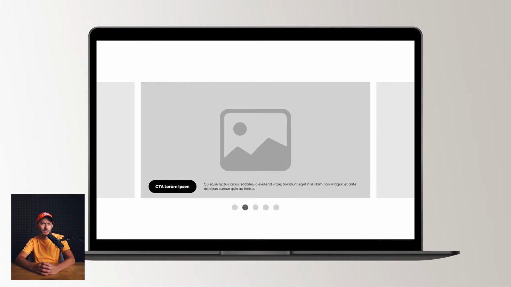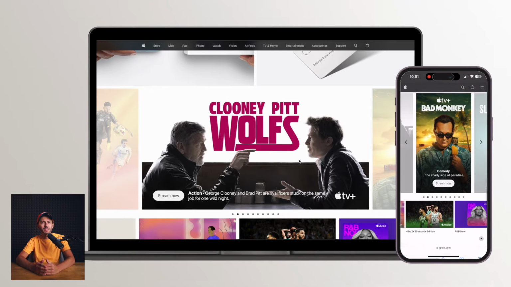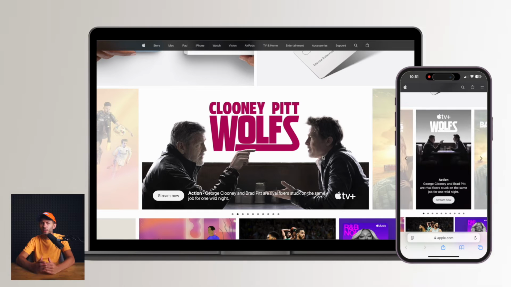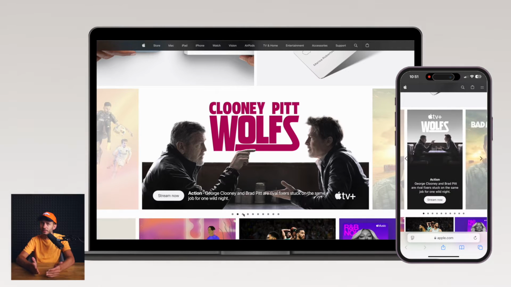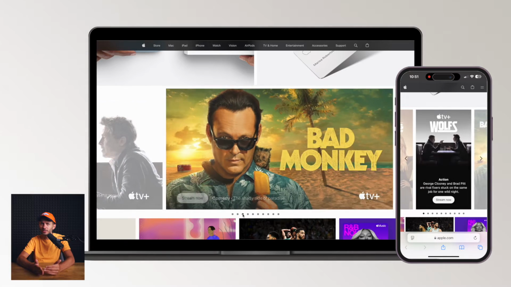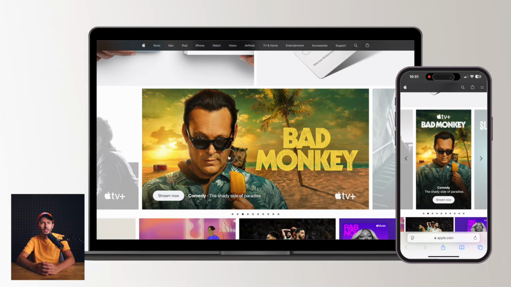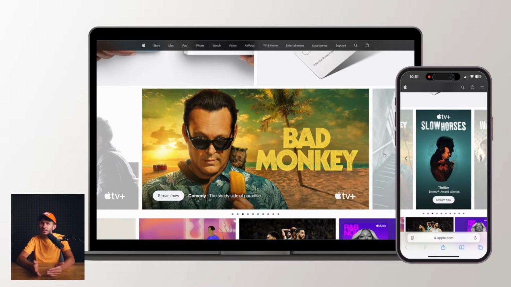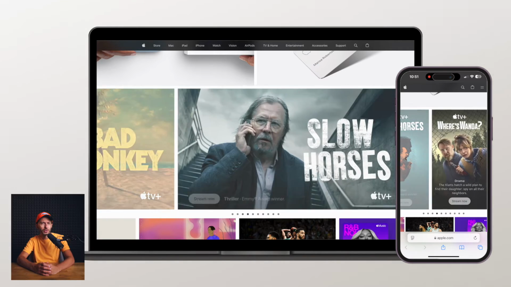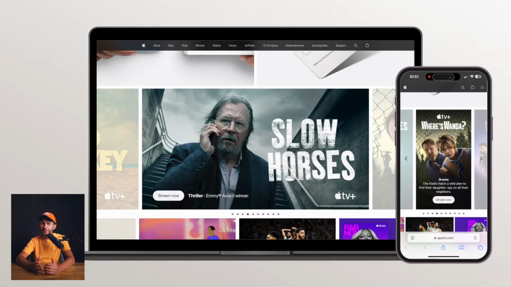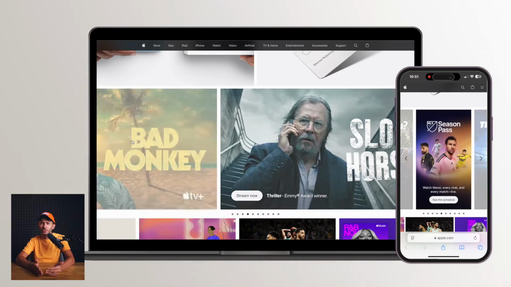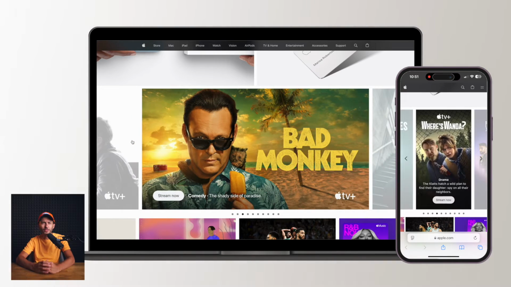Next, we have a section with a carousel promoting a film on Apple TV+. At first glance, it's clear that the section is designed in a minimalistic way with a strong focus on the character and the title. The large photo grabs attention, and the shaded photos on the left and right indicate that it's scrolling left and right. The CTA button Stream Now is placed intuitively just below the character, and